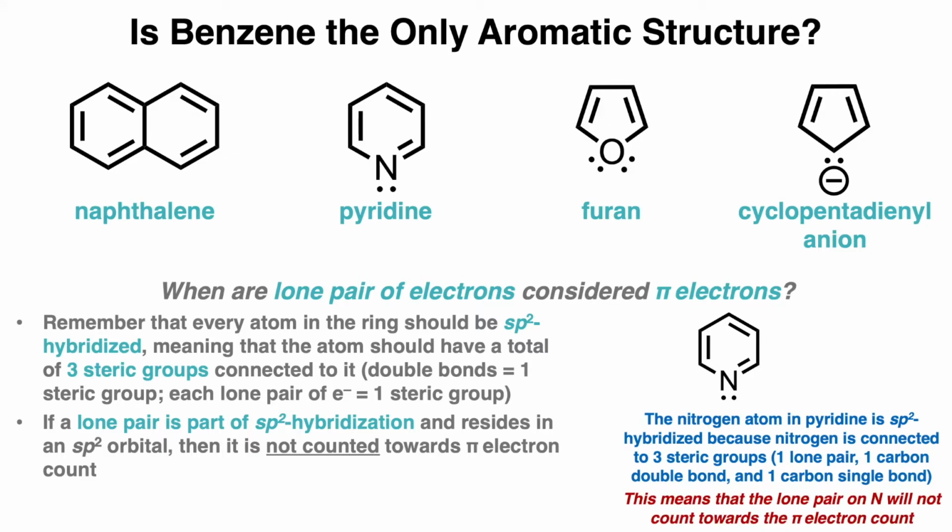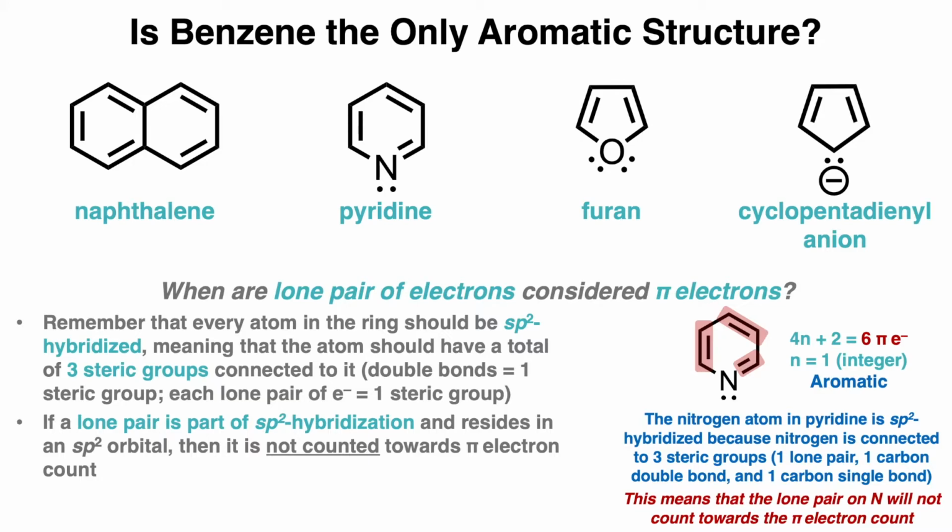This means that the lone pair on nitrogen will not count towards the pi electron count. Now, if we look at the structure of pyridine, since it contains 3 alkenes, that means that pyridine has a total of 6 pi electrons. So we will set the equation of 4n plus 2 equal to 6. Now, after solving for n, we find that n is an integer of 1, which means that pyridine is indeed